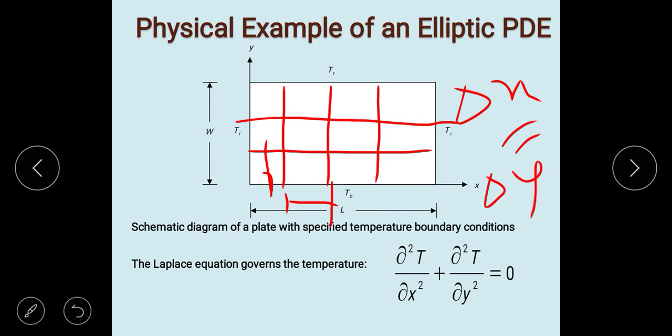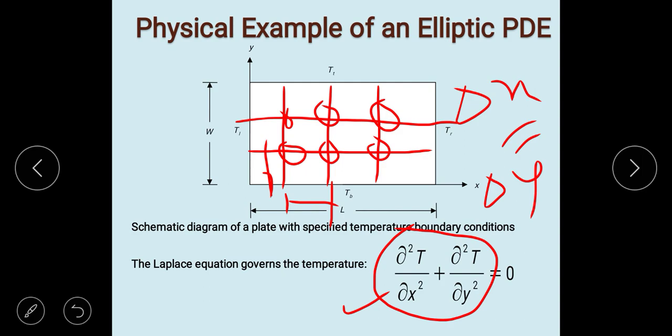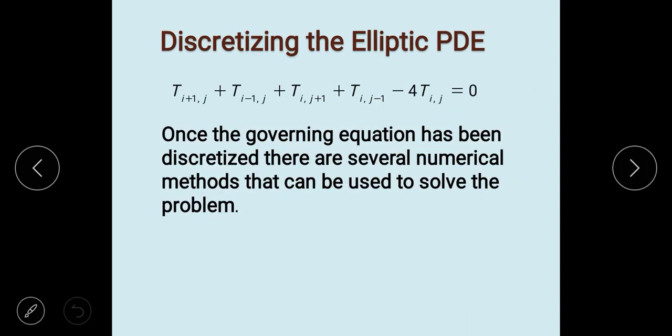Then at all these nodes, we can find out the temperature distribution after some time, because it comes under steady state. It means after lapse of some time, you have to find out what the temperature is at all these locations by using elliptical PDE. So all of you know this equation now. If we are using the finite difference technique and putting all these terms in this Laplace equation, you will get this formula.